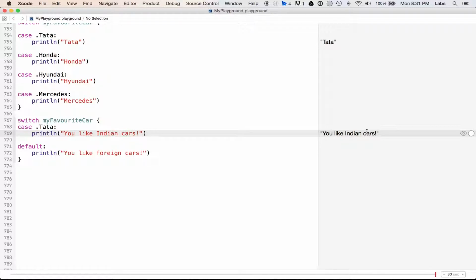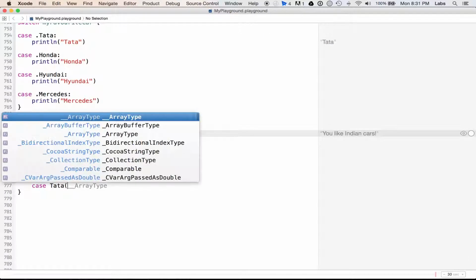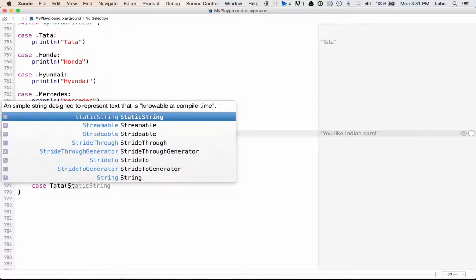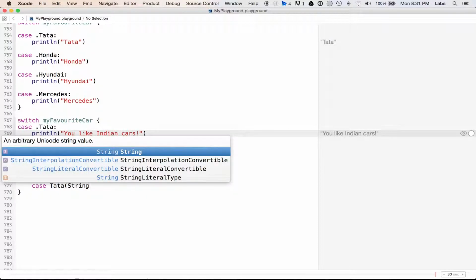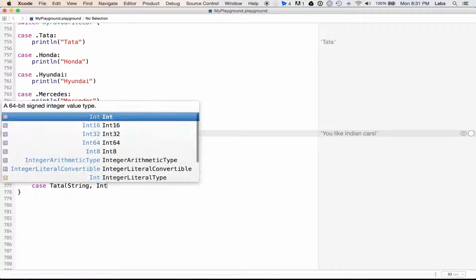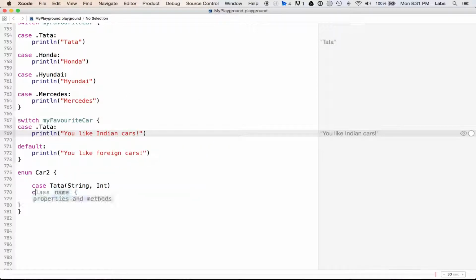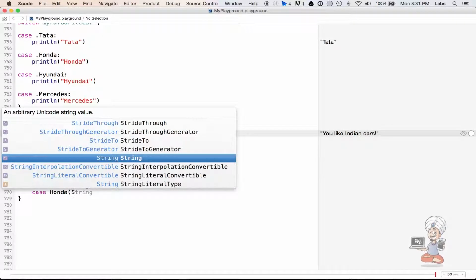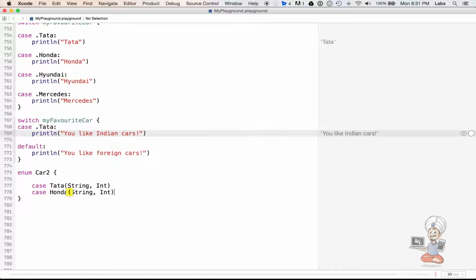For example, we are going to redeclare our car enum as, let's say, enum Car2, and I'm going to say case Tata, and Tata is going to have an associated value which will be of String and Int. I'll have another case Honda, which will again have String and Int, although it's not compulsory, but it can be anything, or